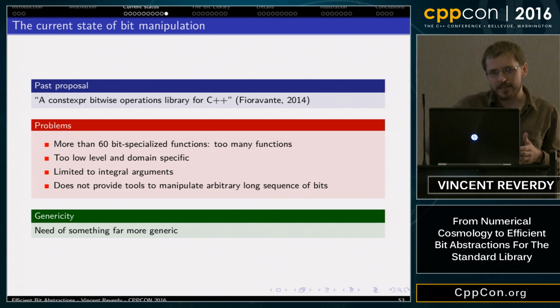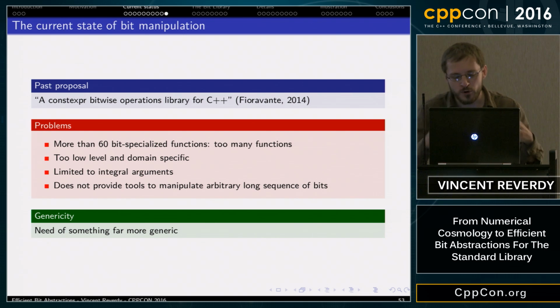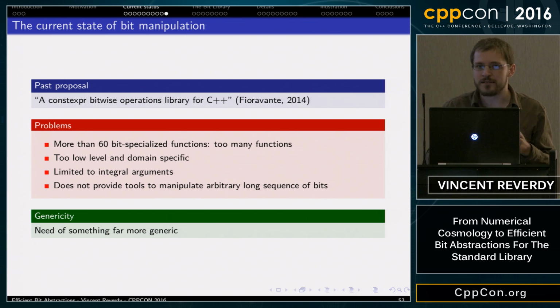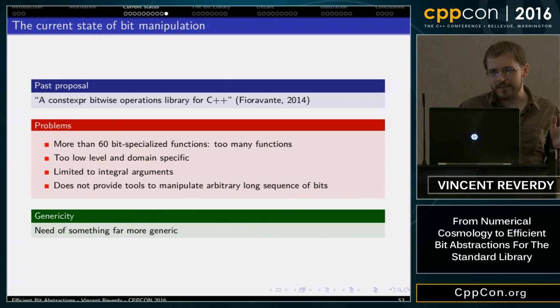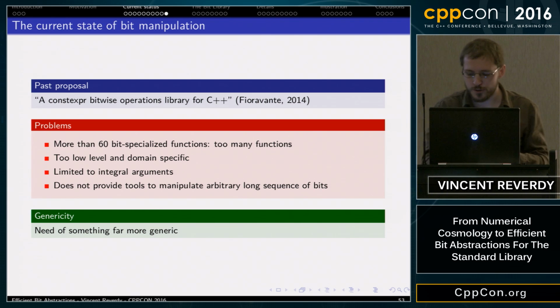They were operating at a very low level, and they were limited to a small range of arguments, mostly unsigned int and unsigned long int. And it didn't provide any tools to manipulate arbitrarily long sequences of bits. So the bit library started from this, and we wondered how we can make things far more generic to operate on bit sequences.